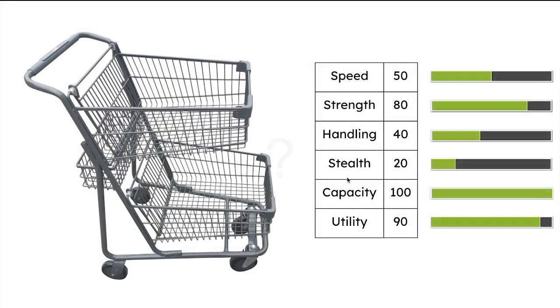Now, this is where the list starts to get controversial, because next up, we have the double-decker shopper. Now, I have seen so many people knock this guy, but oh my god, I just love this thing so much, right? We've got 1, 2, 3 different baskets to work with. The first 100 in capacity we've seen on this list. Beautiful shopping cart as well. Stealth, even a little better than the default. Even though it's got more layers, it's a lot more compact, so it's not as long,